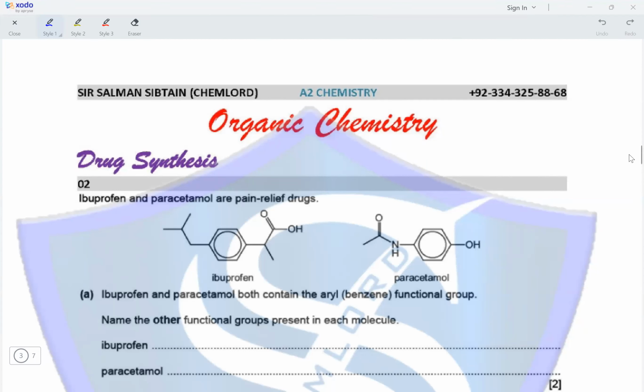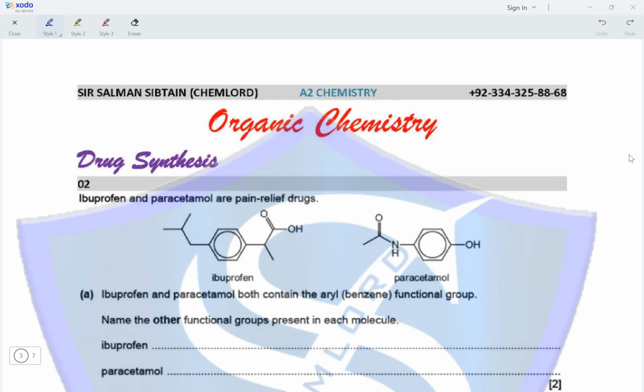Question 2. Ibuprofen and paracetamol are pain relief drugs. The structures have been shown. Ibuprofen and paracetamol both contain the aryl benzene functional group. Name the other functional groups present in each molecule. So we have ibuprofen having the